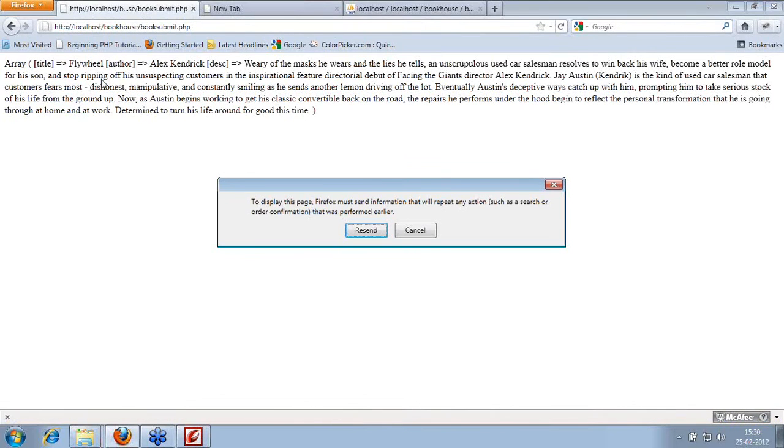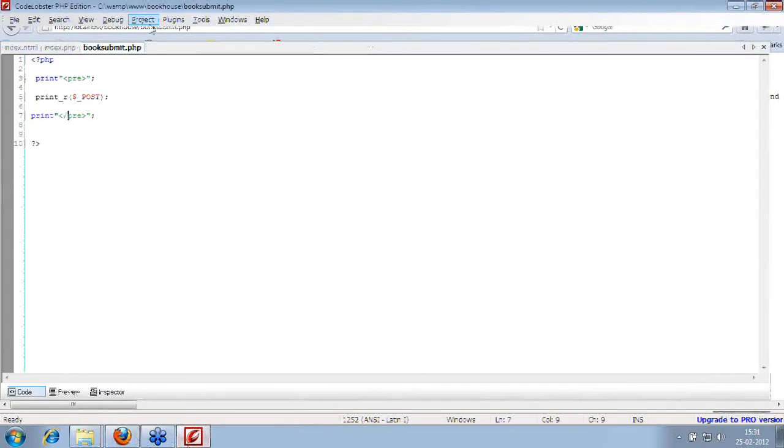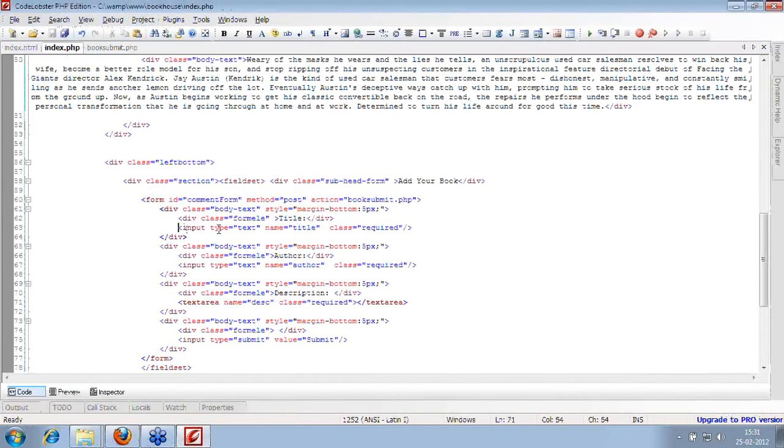Okay, now if I see, it prints the structure in a proper manner. Like this is my $_POST array, which has three elements: a title, an author, and a description. These names are basically what we have used in our form. So we have input, name, title, and the same name will pass to the $_POST array or $_GET array.